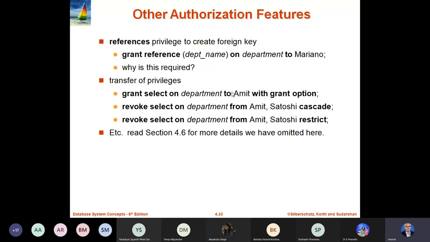Next is about transfer of privileges. Say I have grant select on department to Amit. So I give it to Amit, and if I write with grant option, that would mean that Amit in turn will be able to grant that select on department to other users or other roles. Similarly, if we revoke, say revoke select on department from Amit cascade, it means that whomever Amit has given that select on department after the first statement